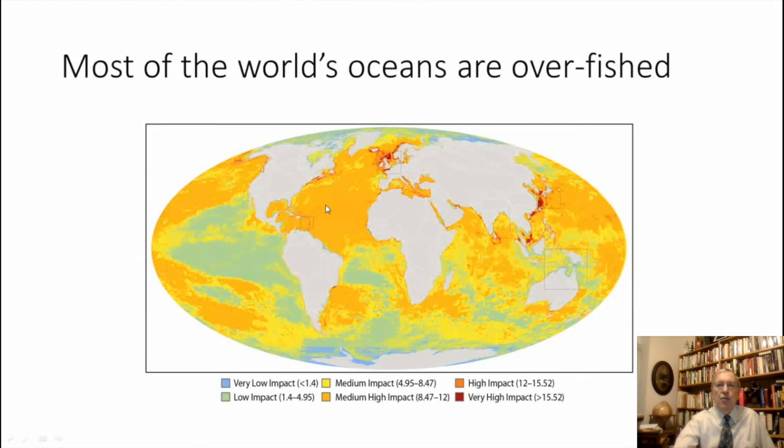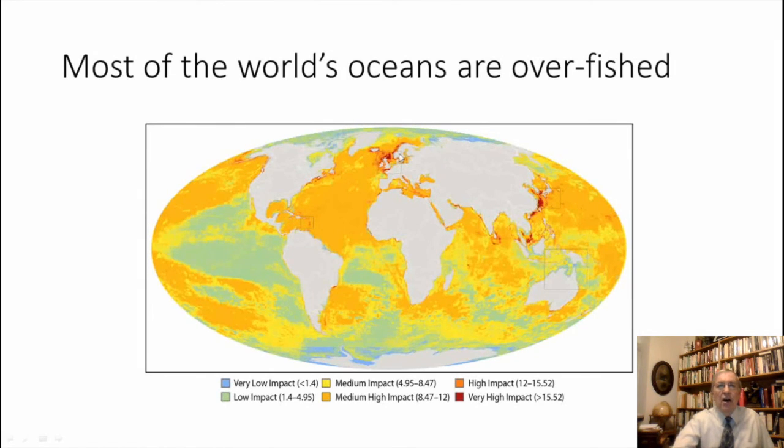Basically anything in red and yellow. Red is seriously overfished. If you look at any of the traditional fishing areas, whether it's off northeastern United States in New England or Alaska, if you watch the show The Deadliest Catch, that's about Alaska fishermen, there's the